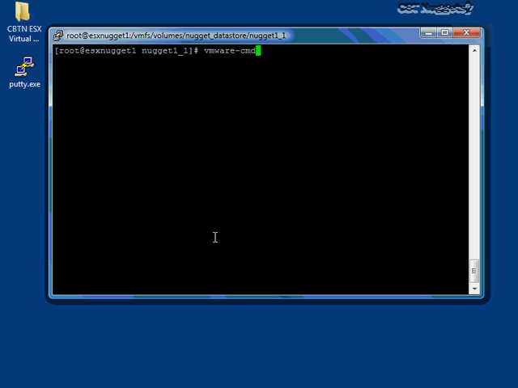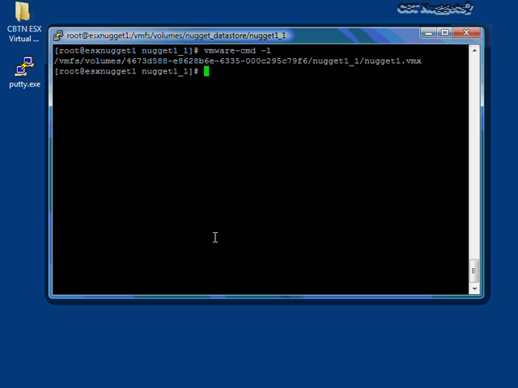VMware-CMD. The VMware-CMD command gives us a lot of manipulation power over all of the systems that are currently in our environment. Right now, hosted on ESX Nugget 1, we have one VMX file. We have one virtual machine that's currently running. And so when we type VMware-CMD-L, we can actually see where that VMX file is being hosted from. But if I type